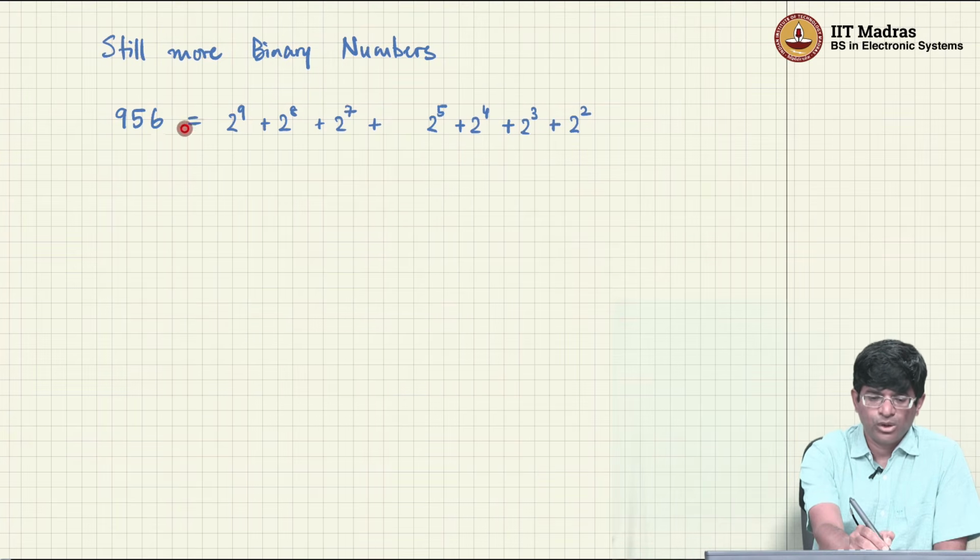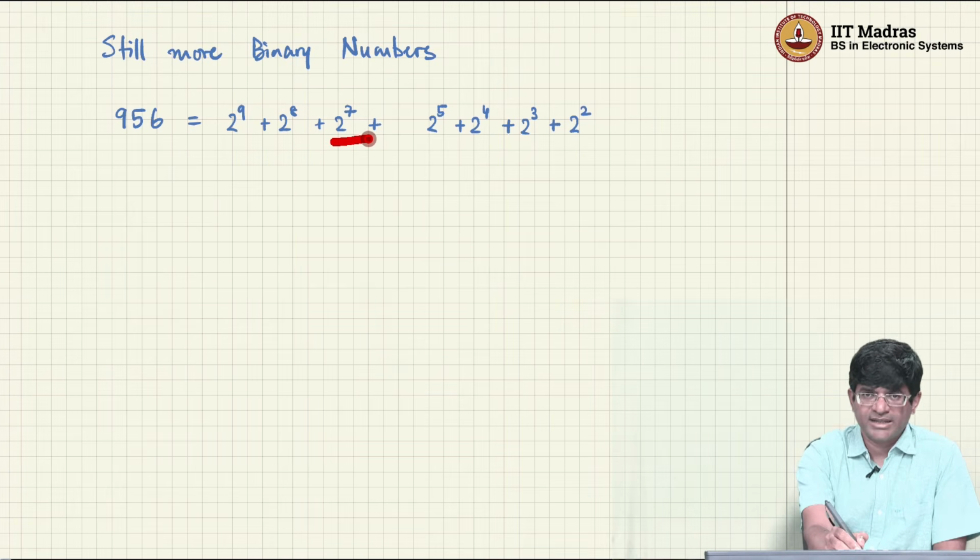Then what do I do? I take 956 minus 2 power 9, 956 minus 512. I get that value, I compare it with 2 power 8. It turns out that that result is greater than 2 power 8. So, that bit also needs to be set. The remainder after that is greater than 2 power 7, but the remainder after that is not greater than 2 power 6. And I would encourage you to work through this, keep doing the subtraction business, which incidentally is